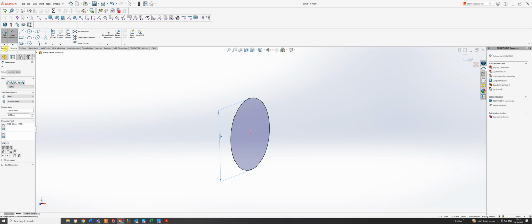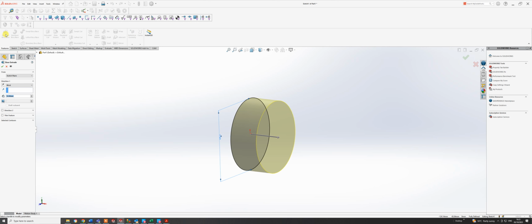So if I go to features and I go to extrude, I don't need to come out of the sketch for this. I go to extrude boss base, and you can see it's going up, and up here I've got a dialog box now called boss extrude. So what I can put in there, I can just put a single figure in, but I'm going to do 30.2. Okay, I'm then going to use the minus sign in the same box, nothing else, and you'll see on the drawing I've given you there's a figure of 1.2 millimeters